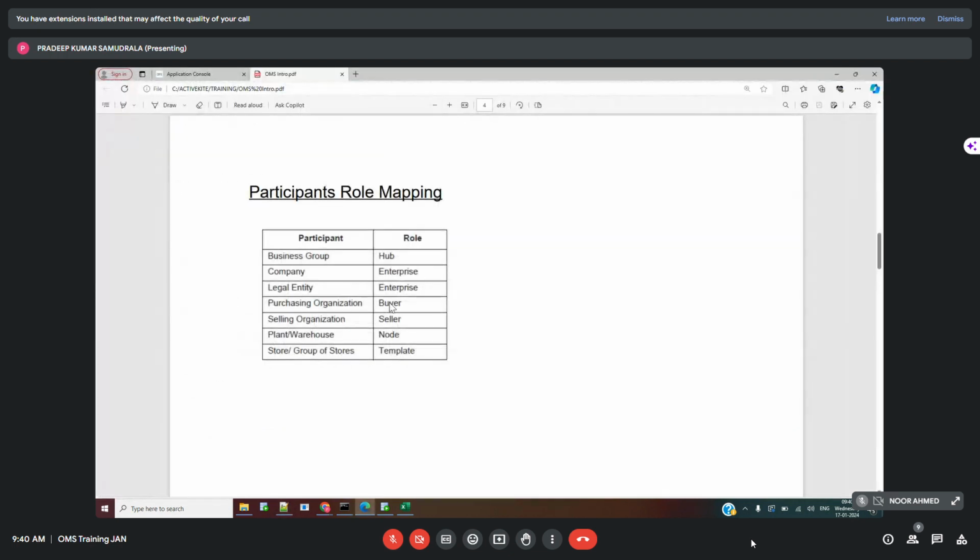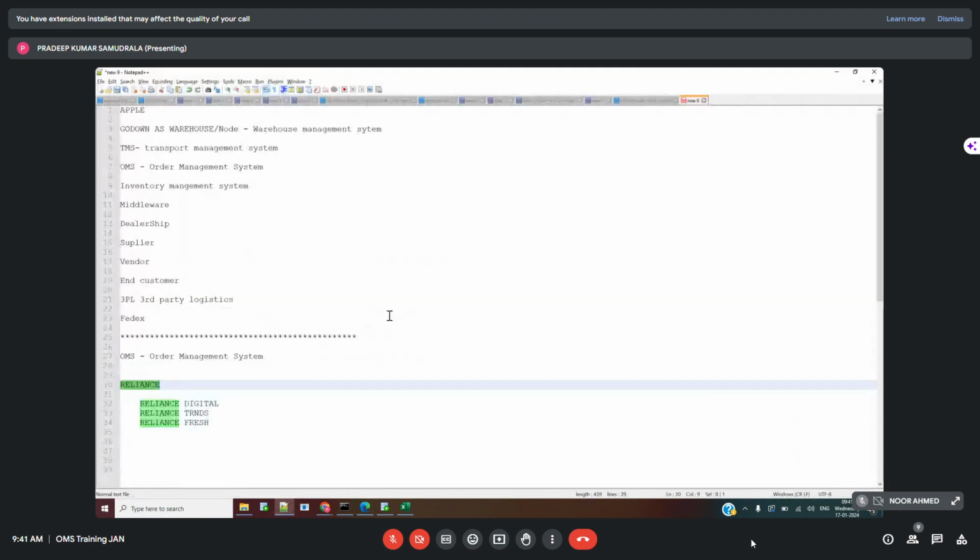When we are having Reliance as an organization, what is meant by buyer and what is meant by seller? A buyer is somebody who buys the product from Reliance, and they are not the end customer. Let me take Reliance as an example, and I'm taking Jio as one more example so that I can make it easy. Jio is also one more entity under Reliance. We all know that. So for example, there is a vendor who provides Jio internet in a remote village